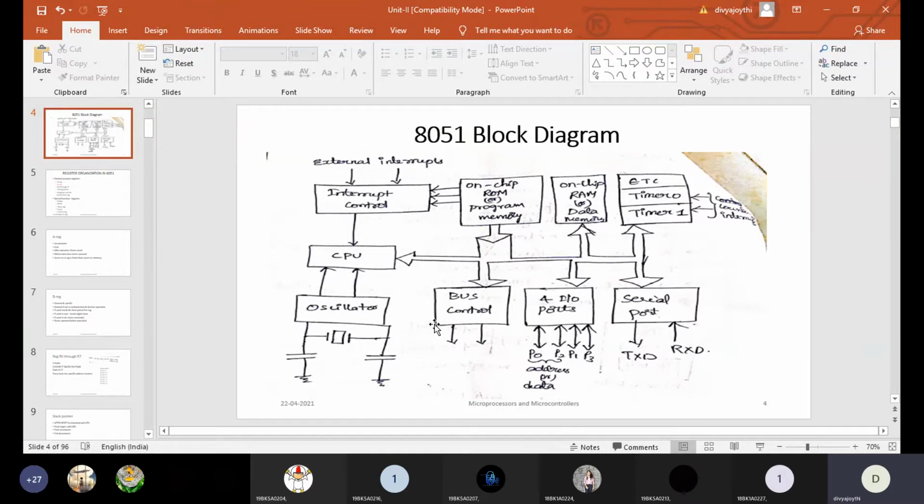Why the address bus is required is that the processor will have locations. Whatever data is coming from the other devices has to be stored somewhere in a particular location. So the address of that particular location also needs to be mentioned by the devices that want to communicate with the processor. Because of that reason, when other devices want to communicate with the processor, bus control will release both the address bus and the data bus, because the address bus will tell the other devices, yes, this is the address that is allotted for you, you can send the data to this particular location.